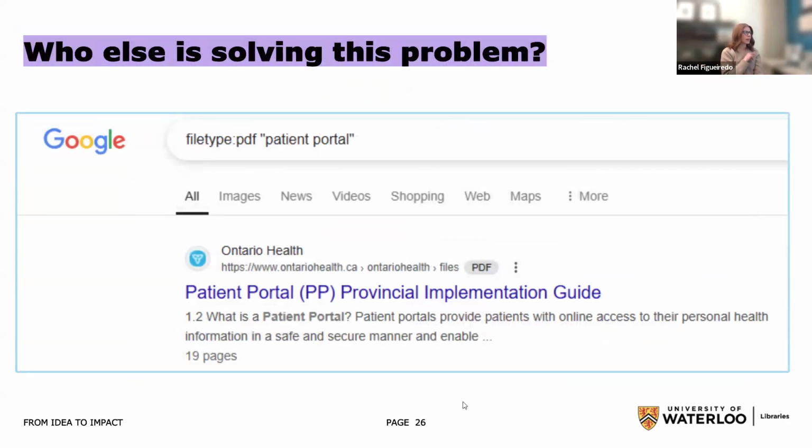Okay. The last example I have is that you can also do this with file types if you were trying to search for PDFs in this case. There's nothing specific about file type PDF that would make that a more credible source. PDFs aren't more credible innately than any other information. It's more just thinking about who might publish a PDF online. And in this case here, it's from an Ontario Health organization. So probably it's more organizations, regulatory bodies, government websites.